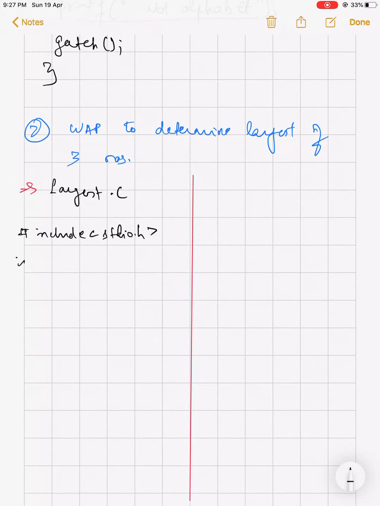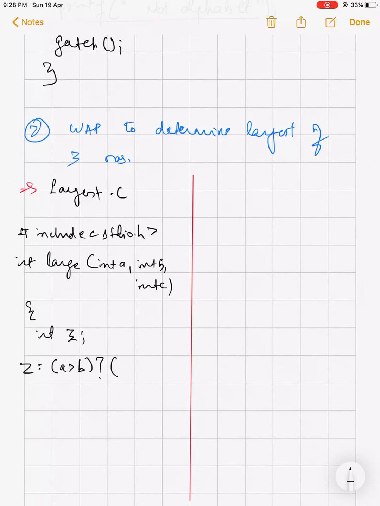Integer large, integer a, integer b, integer c. Then inside I am declaring a variable integer z, in which I am mentioning z is equal to a greater than b. If a greater than b, then check a greater than c, and if a is greater, then print a, otherwise c. Clear?